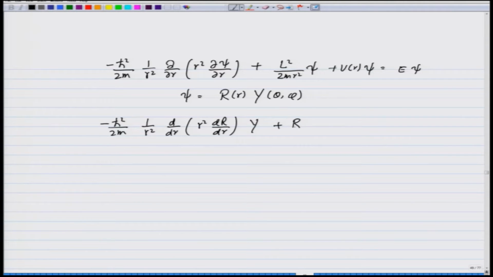So, I get R over 2m r square L square on Y plus V(r) R Y